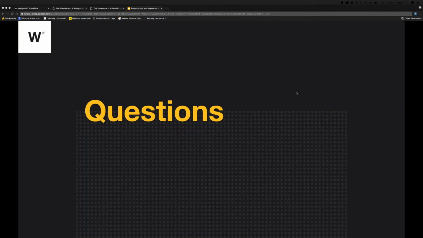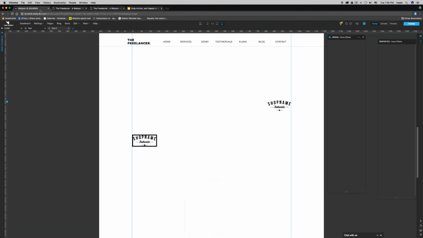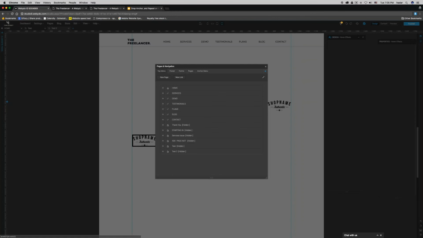Okay, so let me just show you very quickly. If I go on pages, this is my top menu. This is the main menu that I use. This menu has anchor links. The thing is that if I go on another page, I will need to update the links. It's not anchor links anymore. It's external links that lead to the same website. I don't want to change it. I can't change it. If I change it, it's just going to jump. We want the effect of the anchor link when it scrolls down the website. So I need to create an anchor menu, which is exactly the same as the menu that we have, and assign them external links,